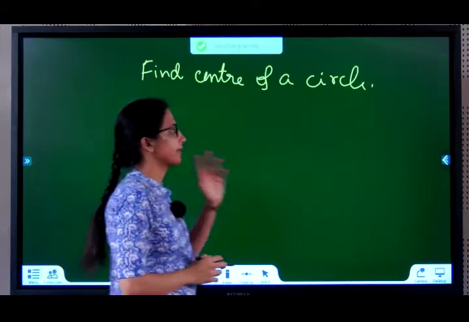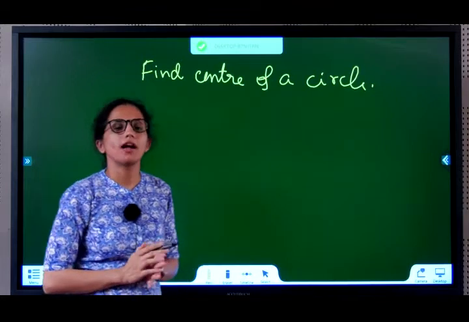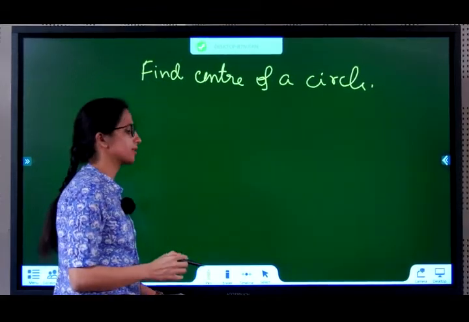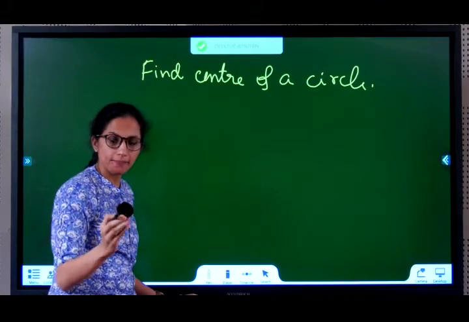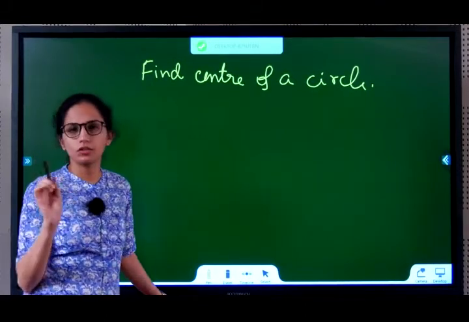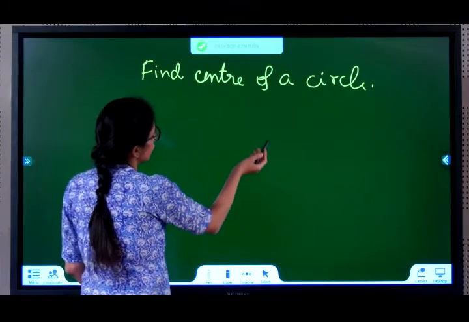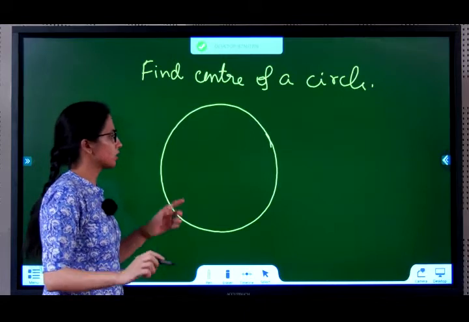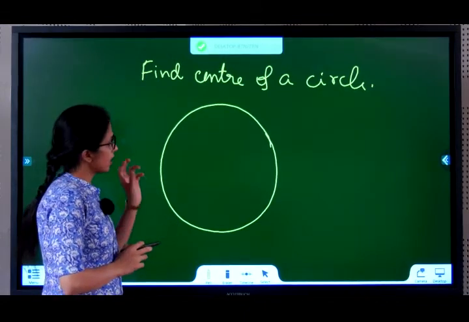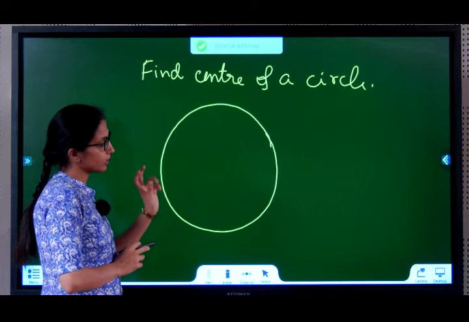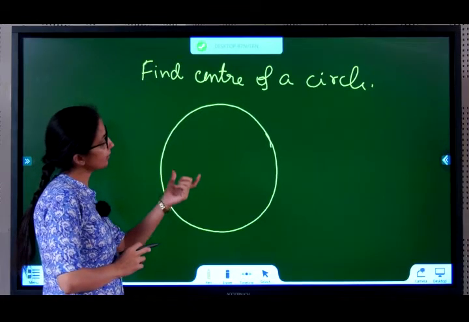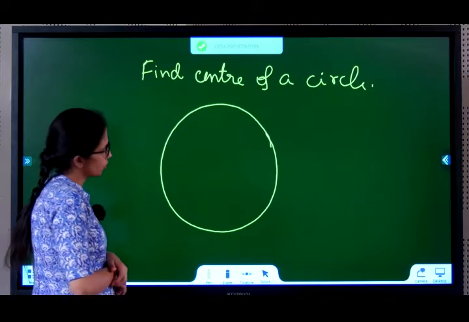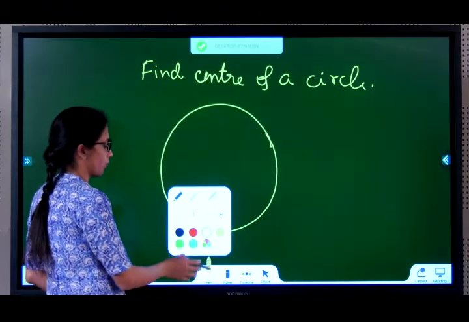How do we find the center of a circle? Okay, so we're going to have one or two problems in which the center won't be given. So what I want you to do is take a bangle that is near you. You can take a bangle or a small plate and draw the circle. So you don't have the center. Don't use the compass. Use a bangle or a plate and draw the circle. Now our task here is to find out the center of the circle. So how do we do so?